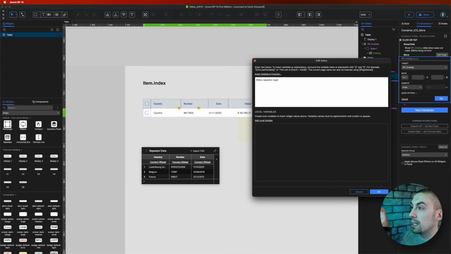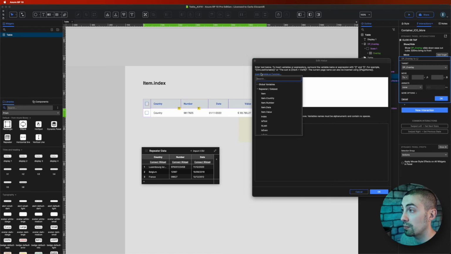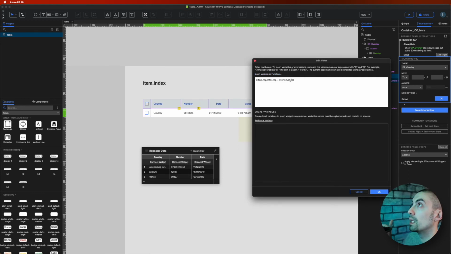So basically each time that I click, it will place on top of the item repeater. This is a function that is specific for the repeaters, because we are using an action inside an item that is in the repeater itself. Right, and I have basically to add to this the item.index. Okay, so insert variable or function. I will select index here, so item.index, so it will return us basically the index number of the item on which we clicked on,